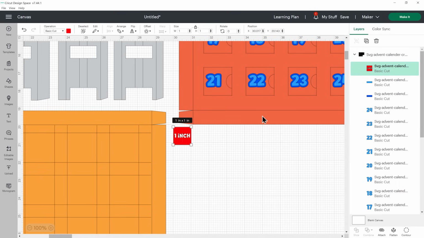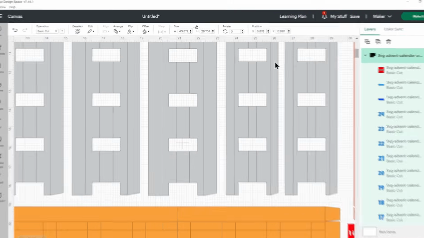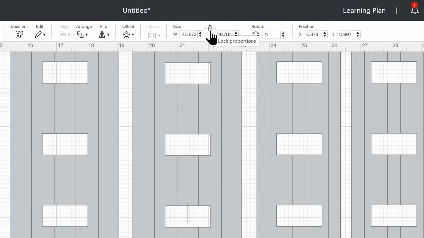There are two ways to fix it. One is to click the top of the group name to select everything, and then make sure your padlock icon is closed and change it to 40.872 inches wide and 29.704 inches tall.